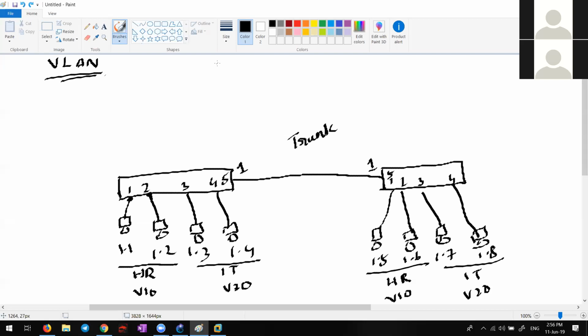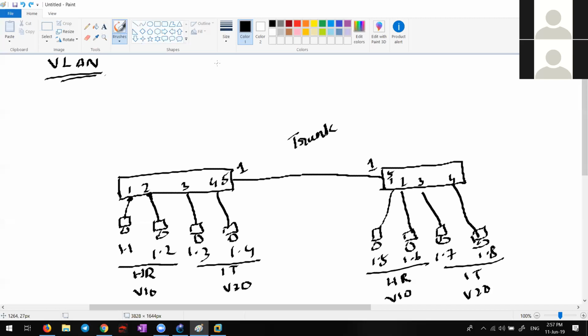How do you think this will happen? There will be a server. From the switch, there will be only one connection connecting to the server. Now the switch and the server will be working as trunk. You know why? Inside the server, let's say it's VMware, the VMware will create a virtual switch. In the virtual switch, they will create VLANs. So it is possible. So don't think it's not possible.